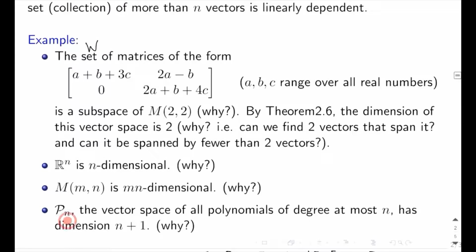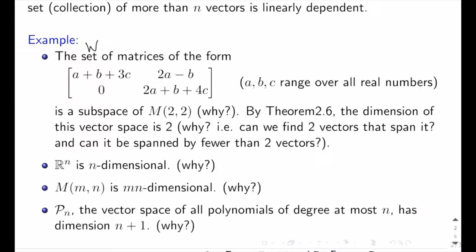Pn, although you use little n to denote it, is the collection of all polynomials of degree at most n, but the dimension is n plus 1. All right. So don't just look at the number n here and say it's n dimension. That's so wrong. And in order to see that, this is what you need to do. So any vectors from the space Pn here,